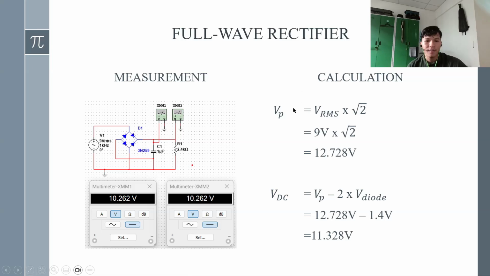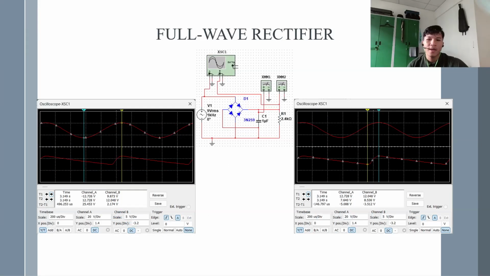By calculating, we know VP is 12.728 volts, and the diode voltage is 0.7, so 0.7 times 2 is 1.4. So 12.728 volts minus 1.4 volts, and we get 11.328 volts for the waveform that we get from the